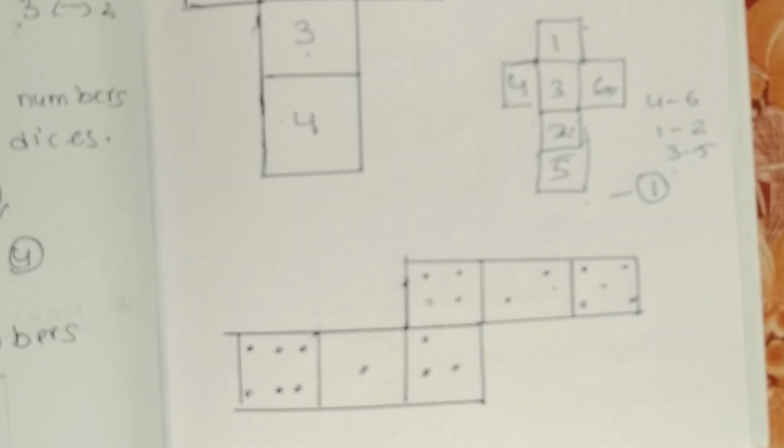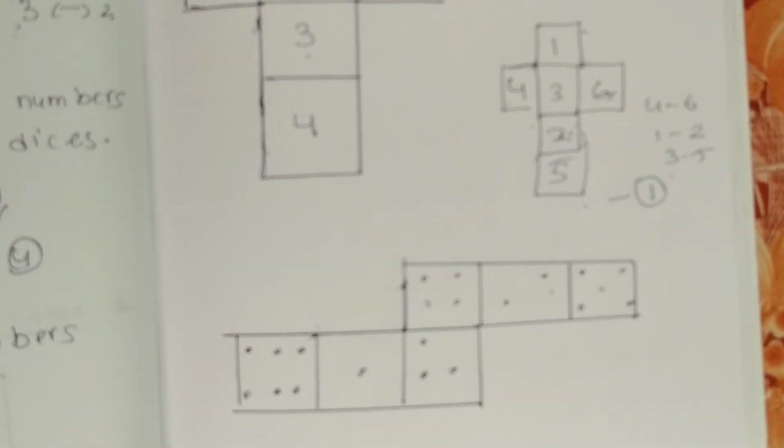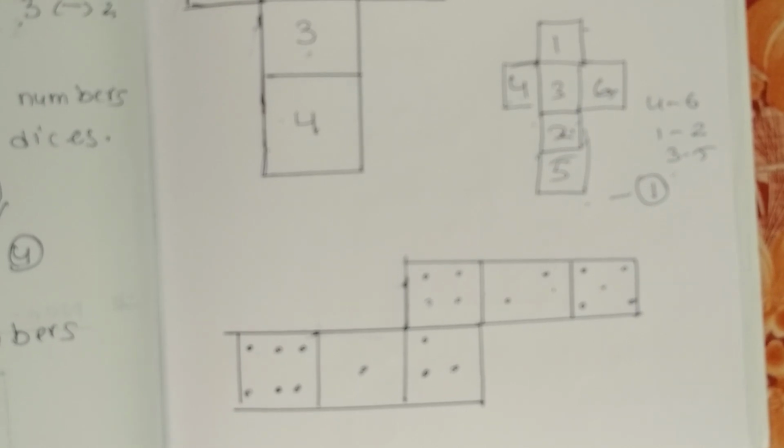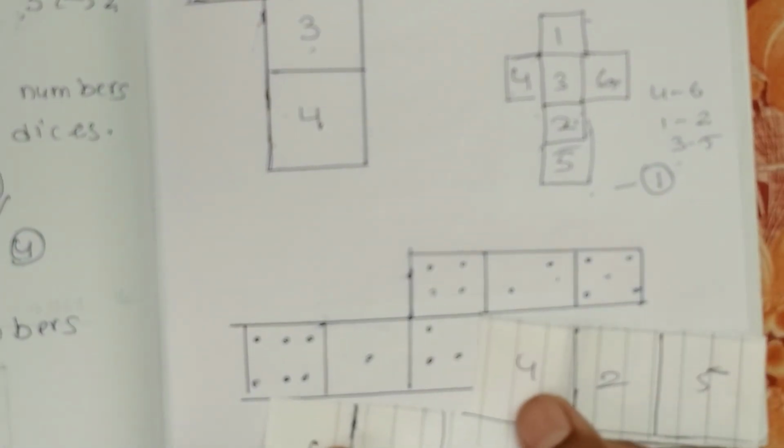So guys, this is example number 2. In this example number 2, I will ask the question: the number which is opposite to 5. The number which will be opposite to 5 will be 4. How fast I have told you. See, because of the analysis, because of the practicing of the problems, we can get the answer like this. I have taken the same thing, as you can see.